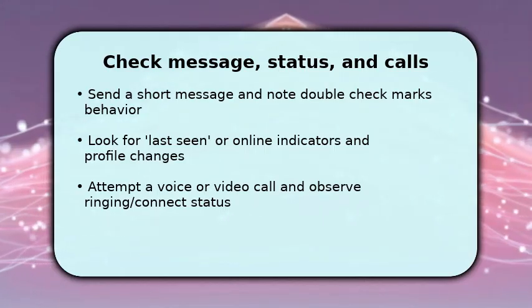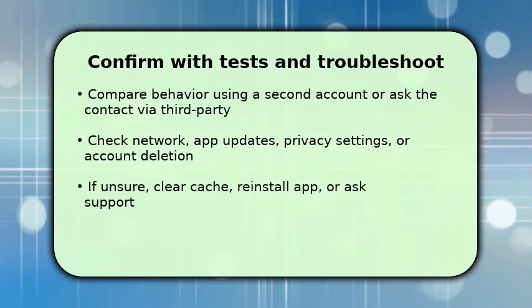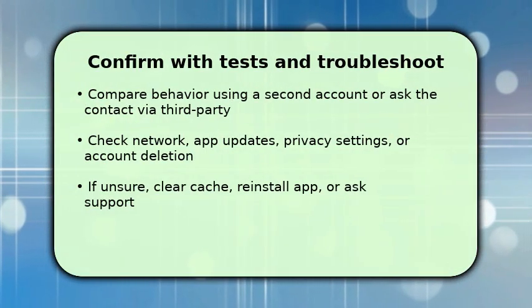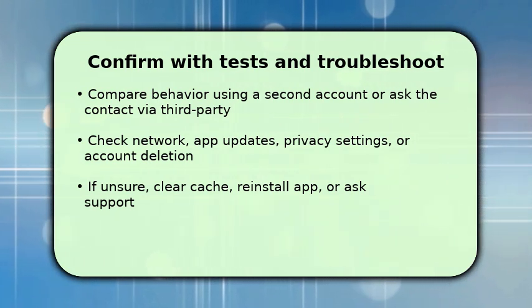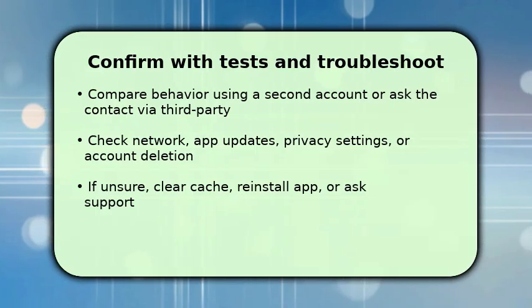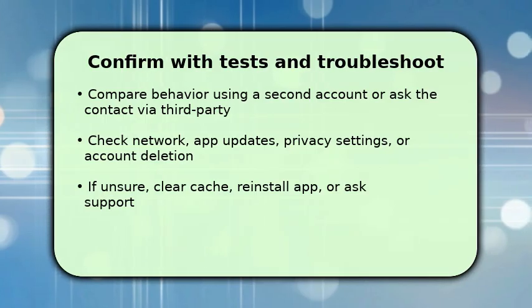You finish by confirming with side-by-side tests. Use the second account to message and call the contact. If the second account's interactions work while yours fail, you're almost certainly blocked. Make sure to rule out network problems, outdated app versions, or account deletion by checking settings and the contact's profile